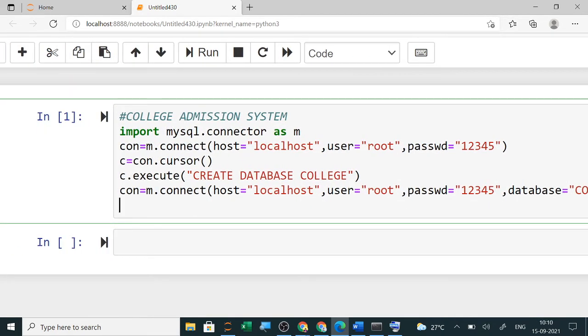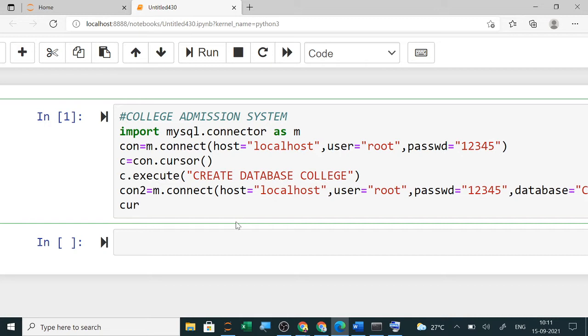Now after entering the database, what you have to do, again you have to create the cursor function. You will use the cursor function and then you will create the table. So again I am using here any name you can use. Suppose for cursor I am using CU. Now this con you can change also. Suppose second connection you are doing, so con2 you have used.